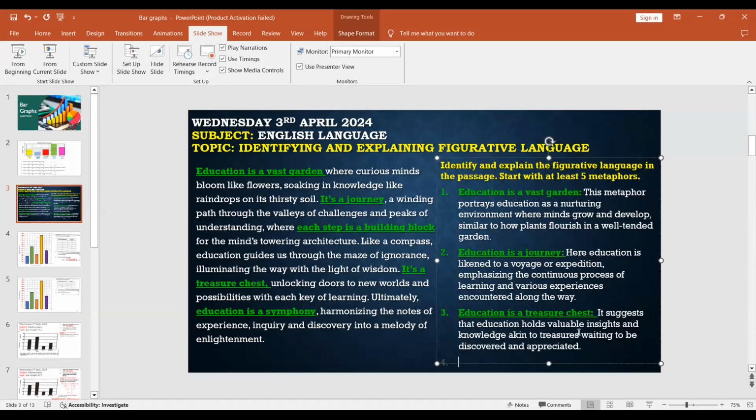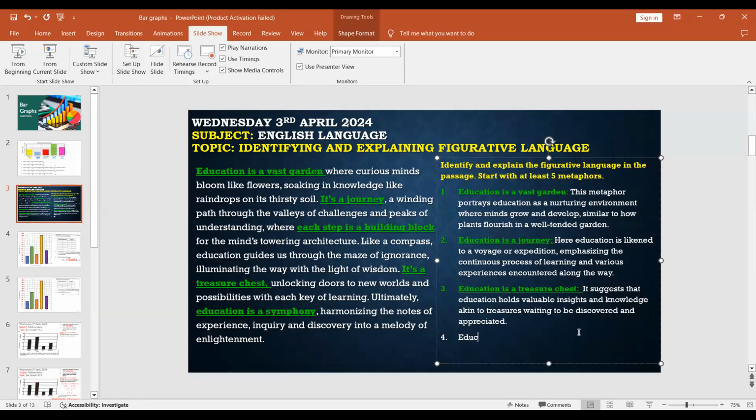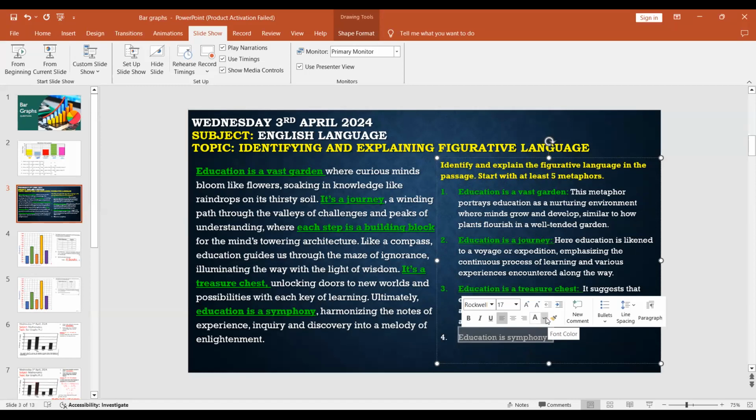So education is a symphony. Now, when we talk about symphony, obviously we're talking about the music, right? And a symphony is something that is harmonious. A symphony is something that sounds good because it blends together, right? And so just like education brings together a lot of things. It brings your past experience, it brings together your